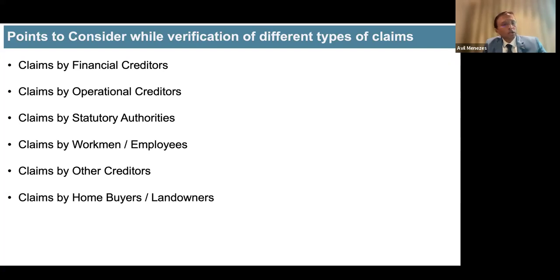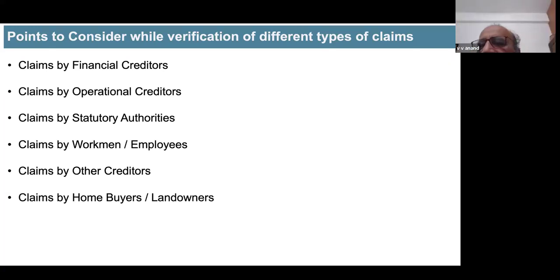Now again, on the question of the EPFO, the principal is to be paid in full, but the interest and penalty which the EPFO charges is an operational debt. There can be a haircut to it if it is there in the resolution plan, and a haircut to EPFO dues to the extent of interest and penalty is acceptable in the current jurisprudence as we see it.